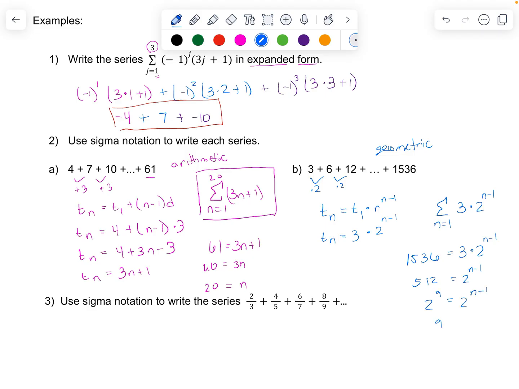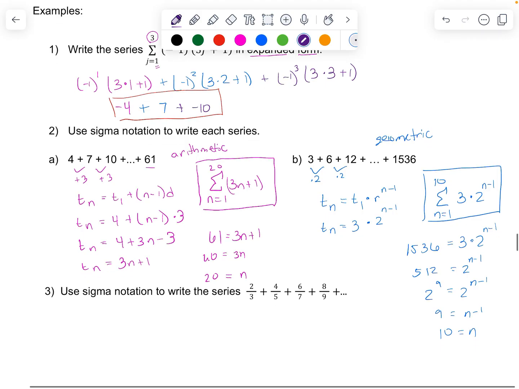Drop the 2's, so 9 is equal to n minus 1, so n is equal to 10. So my top number would be 10. So this is the summation of n equals 1 to 10 of 3 times 2 to the n minus 1 power. And then for my last example,